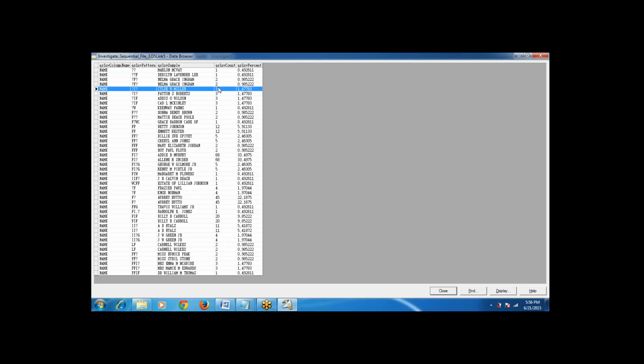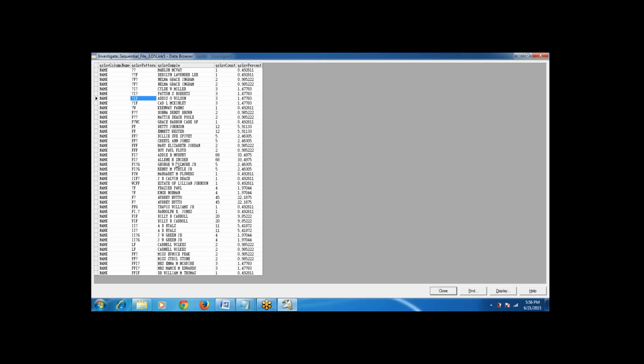Earlier it displayed only one sample because that is the default option. Similarly, for each pattern where the count is greater than 2, you can see 2 records.